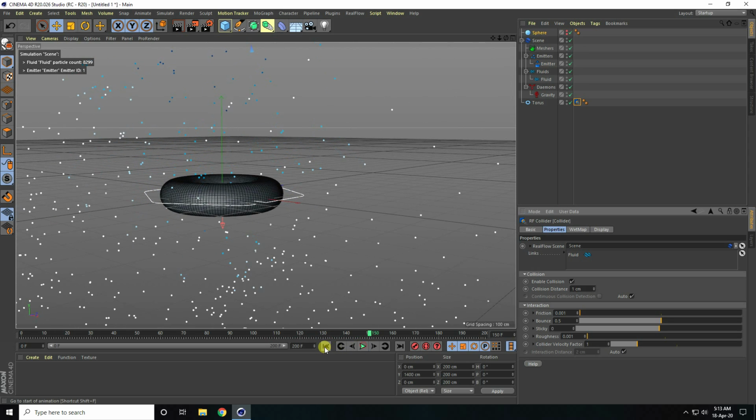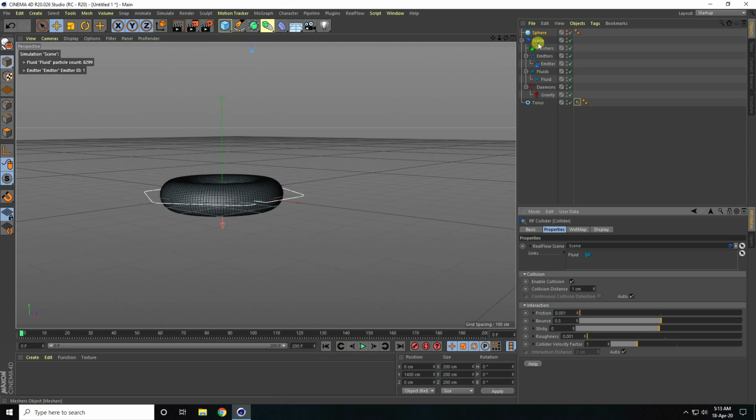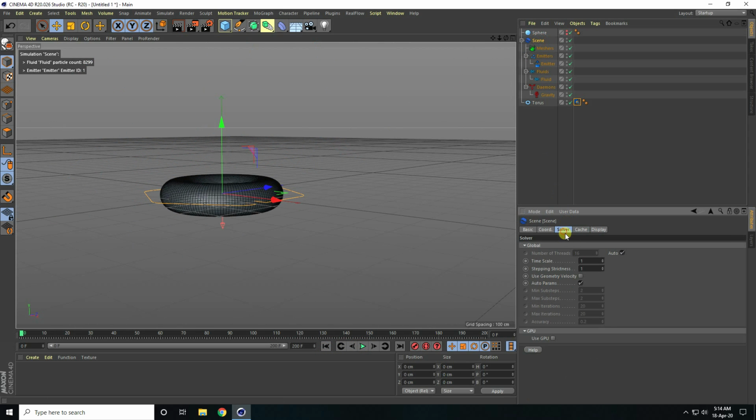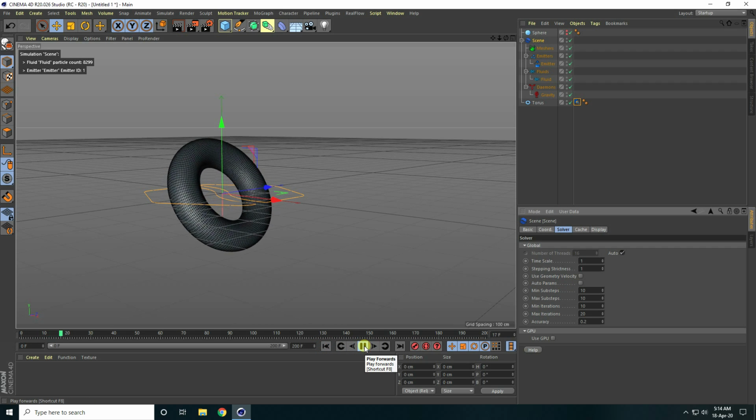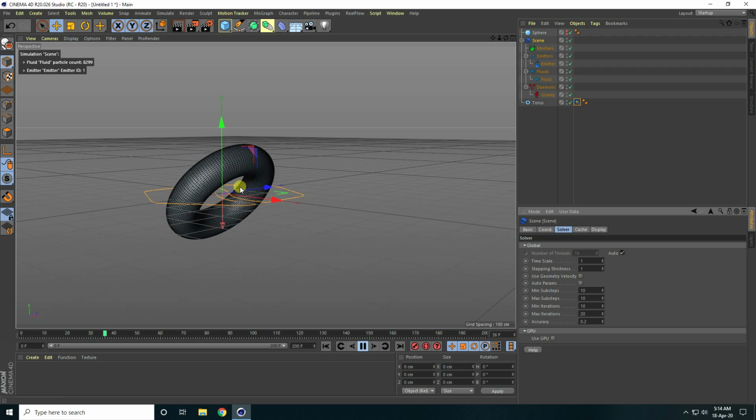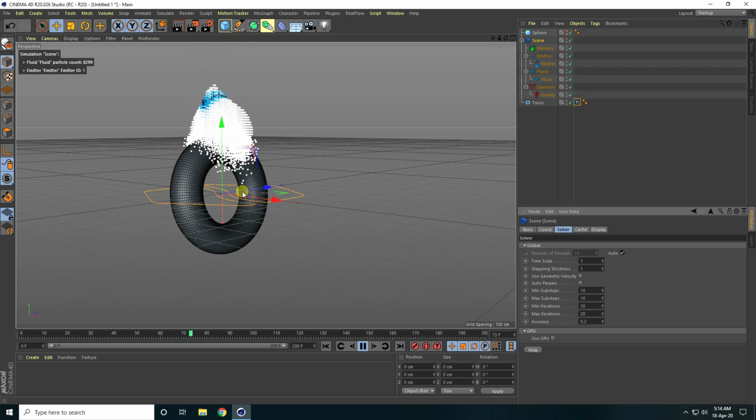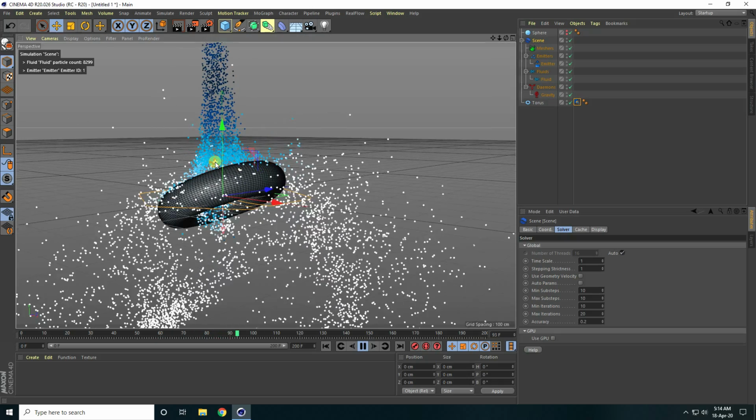Okay, so guys, now stop. I change some settings on screen and go to solver and uncheck auto param. And guys, all I take like 10, 10 and 10 and go back and play. Guys, now the system is getting a little bit slow. Yeah, that's also better.